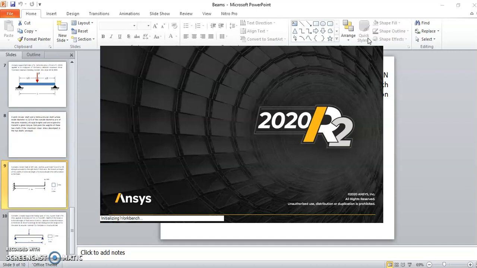Just wait for a minute. This workbench takes some time for opening the window, or to open this ANSYS Workbench R2 version. It takes some time as the software is very heavy, so definitely it takes some time for loading the window.